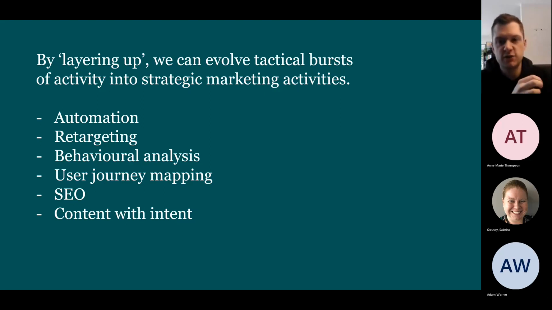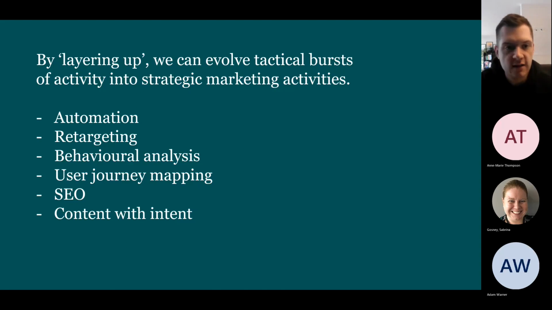They then get a series of two, three, four communications off the back of that, which just aims to serve the information that you think is relevant to them. And then we can look at that data and make optimizations. We might do some retargeting, so people who visited your website or social channels, just to bring them back and serve them additional bits of information, just so we can understand the best way to get in front of them and best way to convert them.